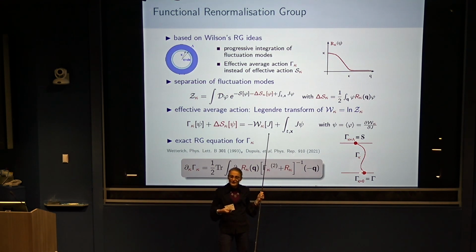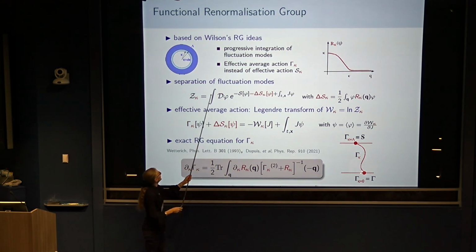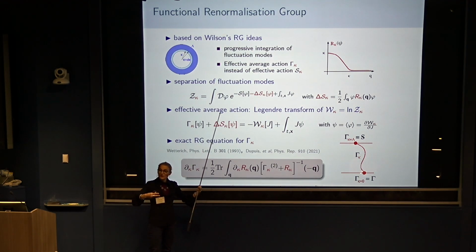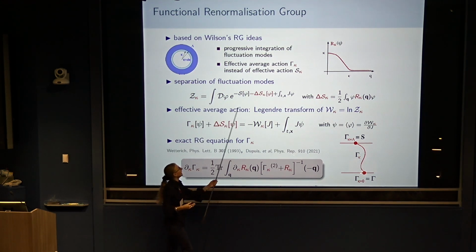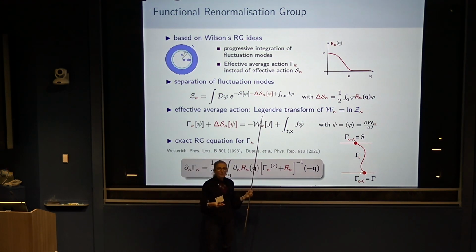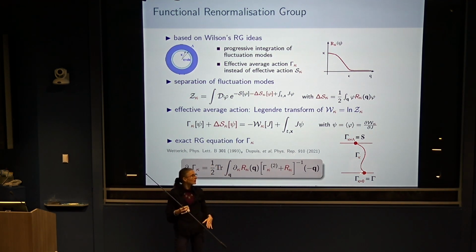Plus, if you want to compute some statistical average, you still need to do the functional integral to compute this average. And in fact, the whole idea of this formalism is to directly look at the flow of something which is measurable. And in fact, that includes all your fluctuations. And this object, which is called gamma, is just your thermodynamic potential if you were at equilibrium. Okay? So this is a quantity that already contains all the average physics that includes all the fluctuations. This is measurable, and this is a precursor of your true thermodynamic potential once you have integrated all the fluctuations.